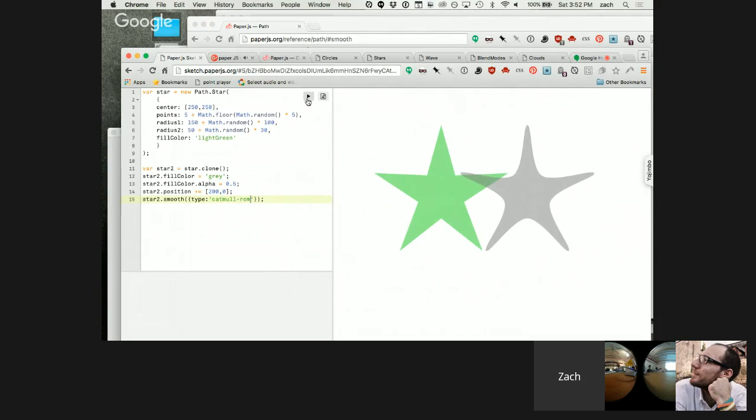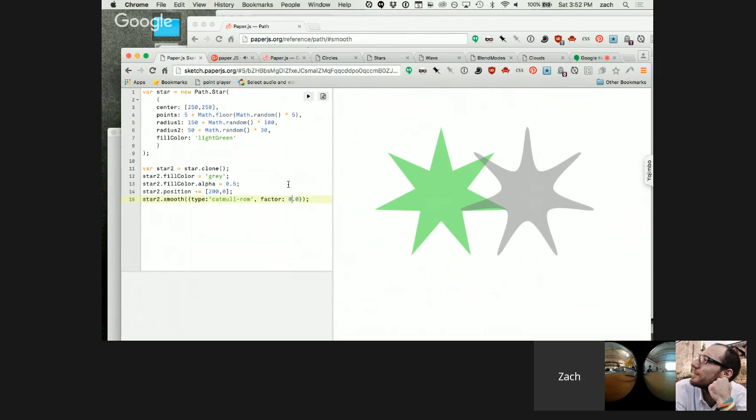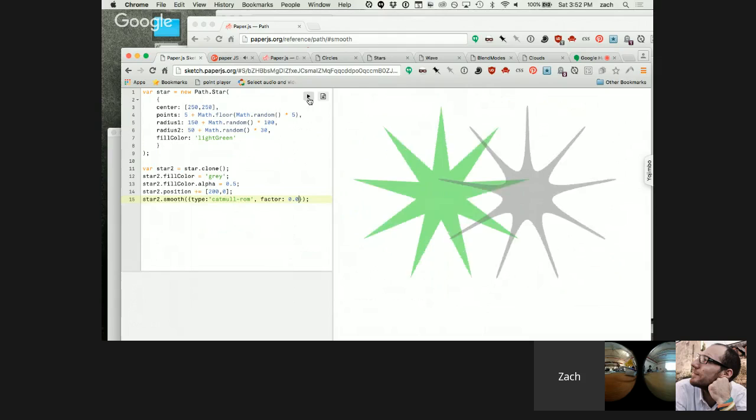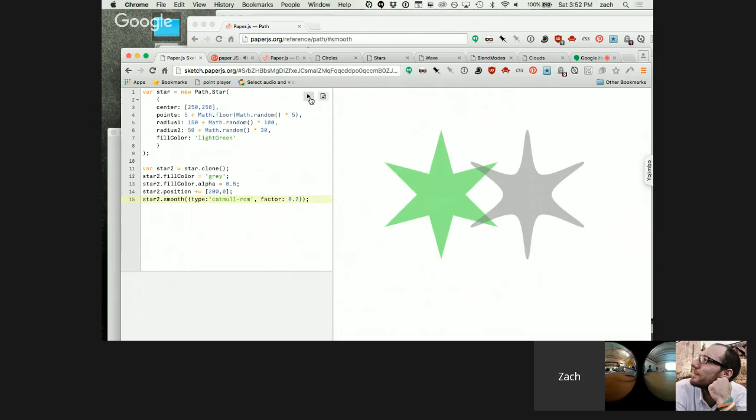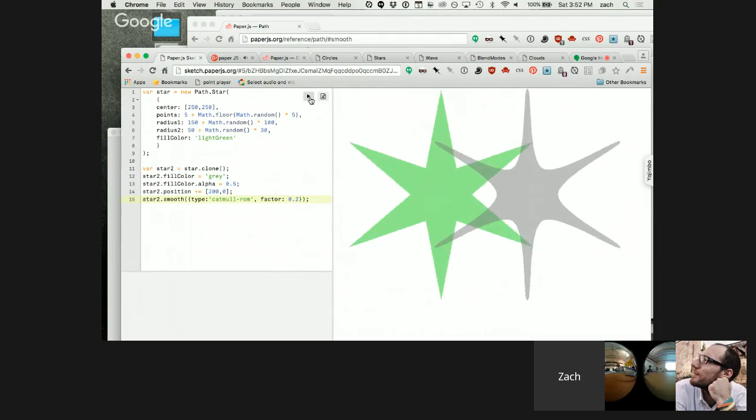The cool thing with Catmull-Rom is you don't get self-intersection with that one. But only if the factor... here you get a separate parameter called factor. At the moment, the default is 0.5, and at that value you don't get a self-intersection. Then you can set it from 0 to 1. If you do 1, they have all different names. So you could randomize that factor and take the randomization out of